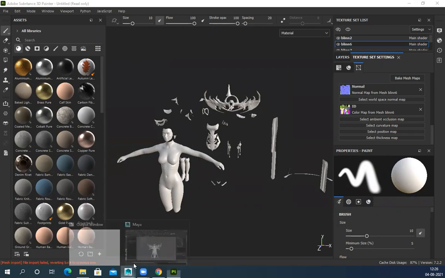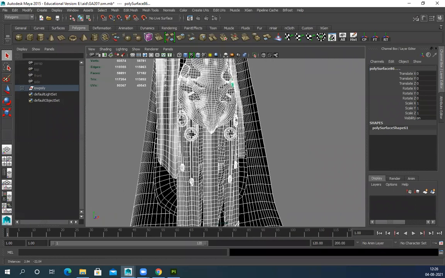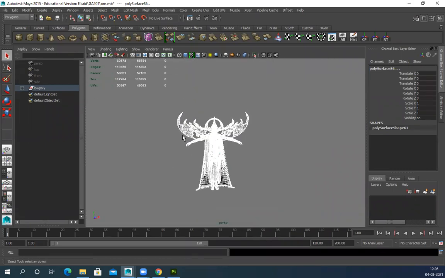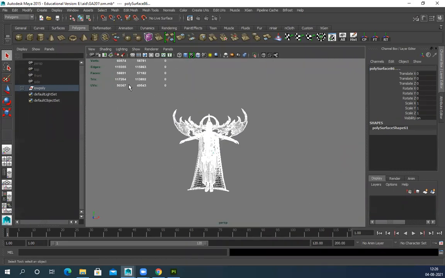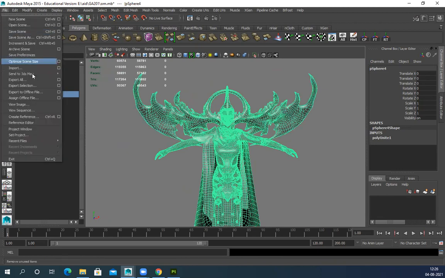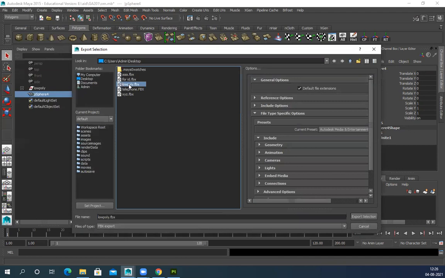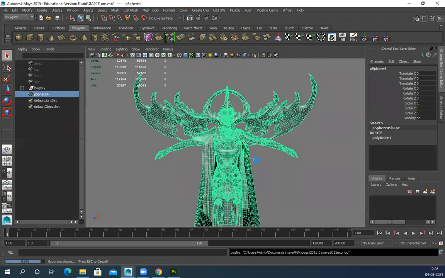Sir, tell me, one more doubt: my model has a pony. So how should I go about that? Create a basic shape and apply alpha planes. Okay, alpha planes only. Sir, you will explain alpha planes, right? Yes. Alpha planes, as it will be directly in Substance.